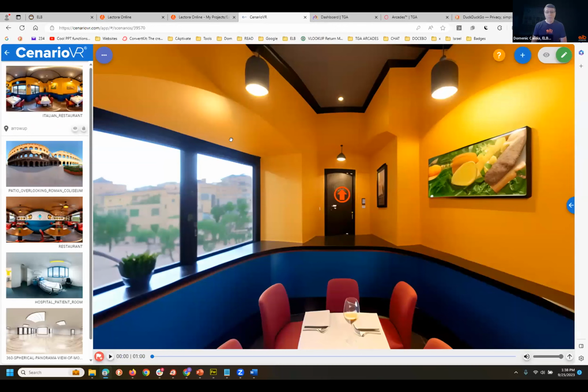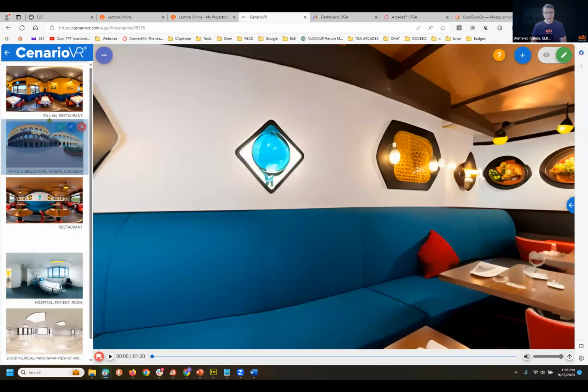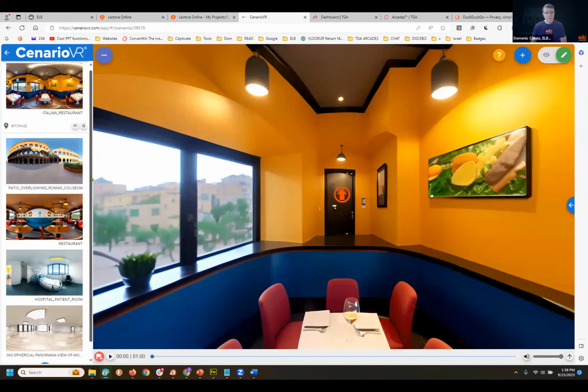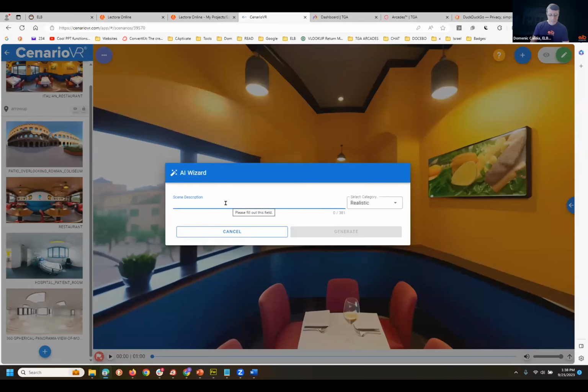I'm going to move right along to VR because I want to save time for Q&A. Here I have some images, and they were all created by our AI component. So let me show you that. I click plus for another scene and for the AI wizard, and we'll put down